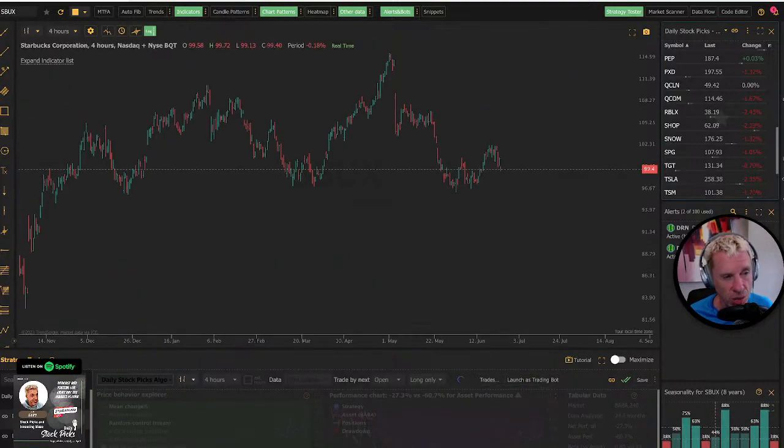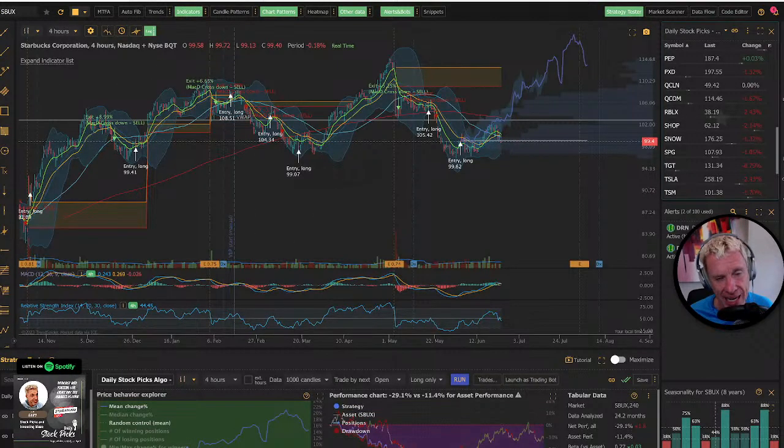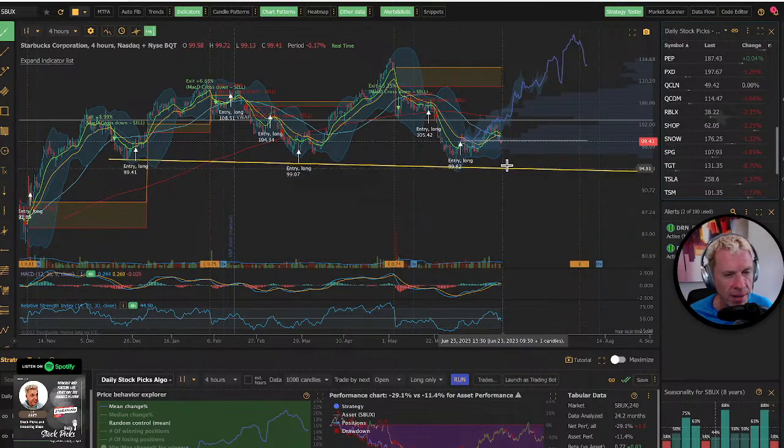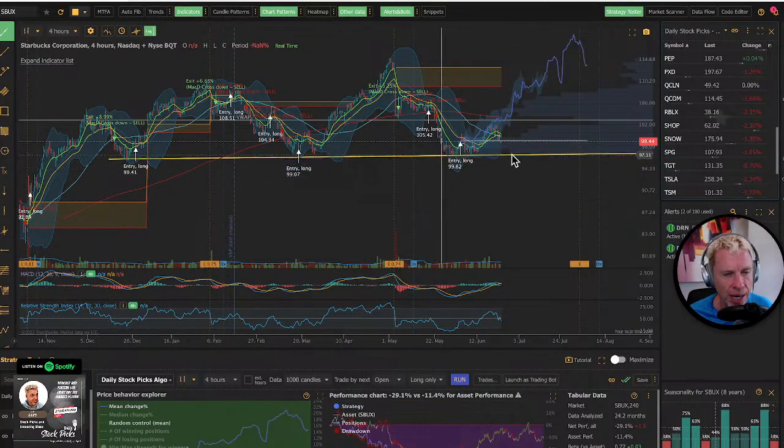Starbucks is an interesting one. It's under 100 at $99.40. You can see there's a clear support at about 95 here. I'll put the line in here. So you got three trend lines: 1, 2, and then 3. You hit 3 there. So 97. Their baristas are going on strike today. So